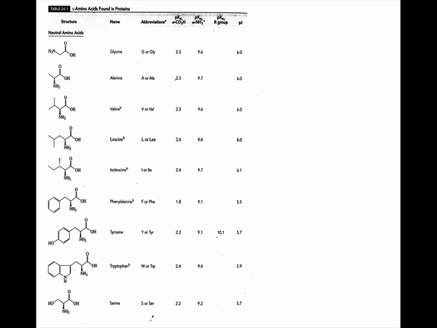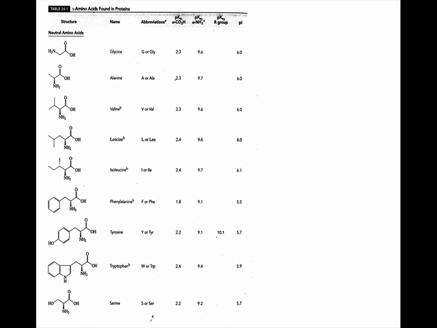Why would an amino acid have a lower pKa value for the carboxylic acid function than, say, acetic acid? That's exactly right. You've got that nitrogen on the alpha carbon, and nitrogen is somewhat electron withdrawing, right? So you can see that it has a substantial effect on the pKa values for these carboxylic acids.